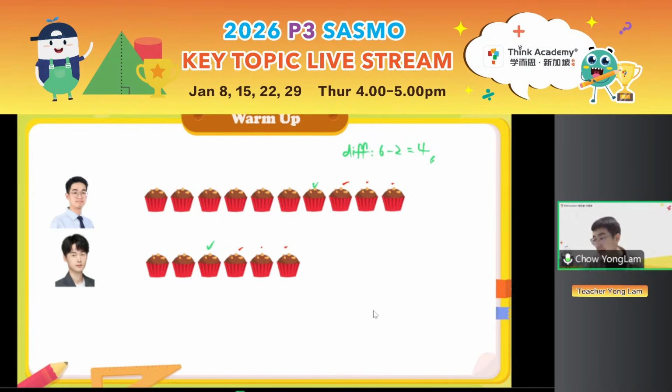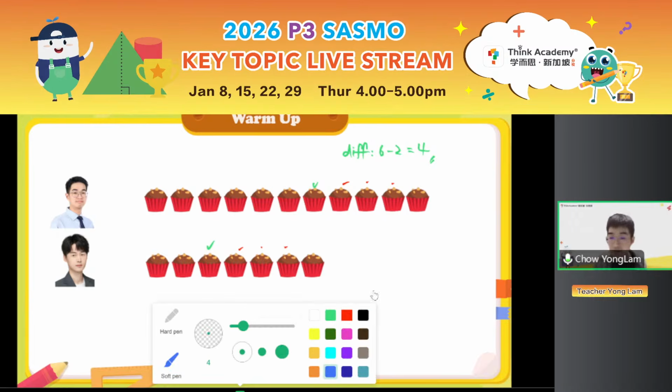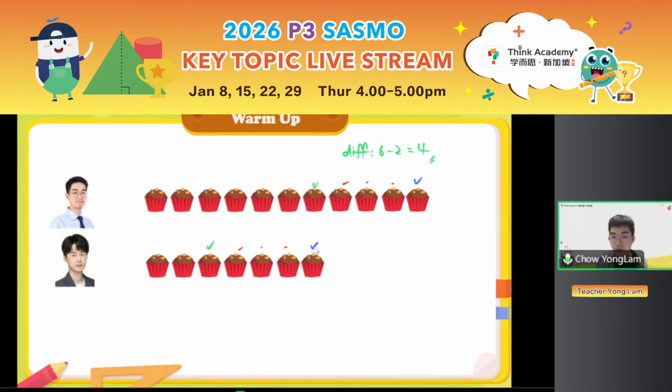By the way, the magic arrow is just used so that you can compare multiple quantities, arrange them in order, who is more, who is less. Now, back to this cupcake story. I bought one more, Teacher Liz bought one more. What do you notice? Teacher Yonglam and Teacher Liz are always buying the same number together. I buy one, he buys one. I buy three, he buys three. So you notice that the difference is always four.